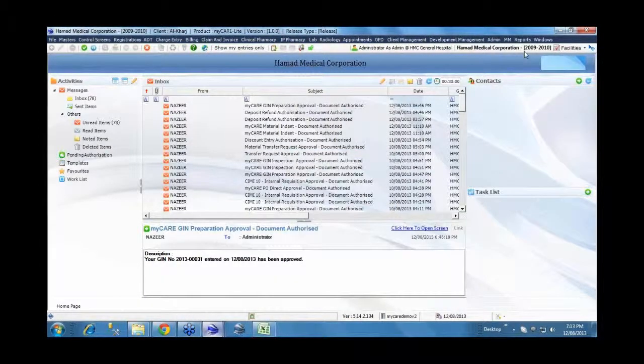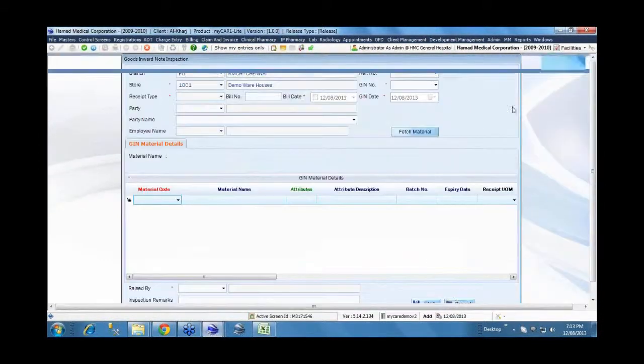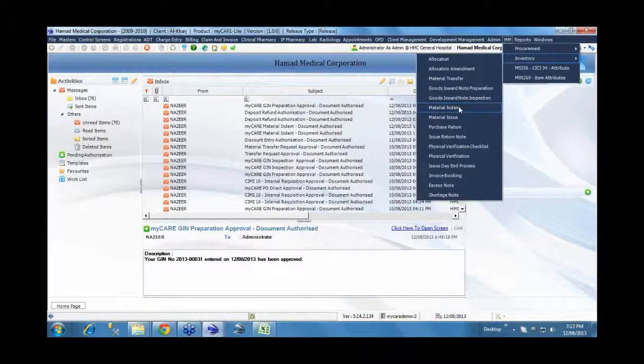And similarly, as far as internal inventory is concerned, we talked about material transfer from one substore to another substore, physical verification, material issue, direct issue, consumption for that particular item, and excess note and shortage note associated with the physical verification. We can have a periodic audit or a year-end physical verification. All of those various aspects associated with it. So everything is handled here.